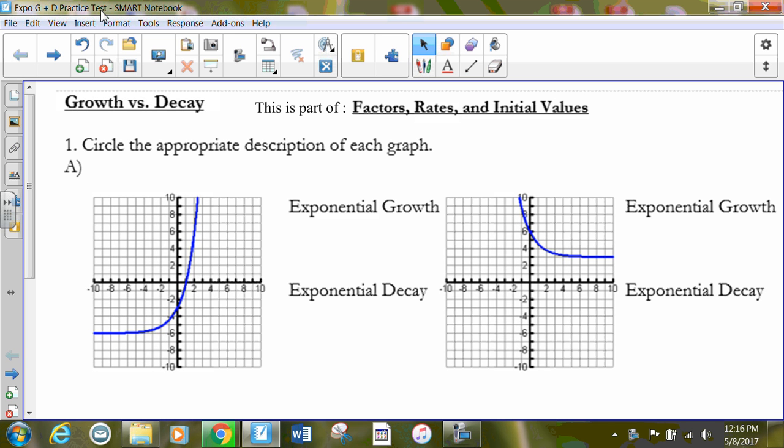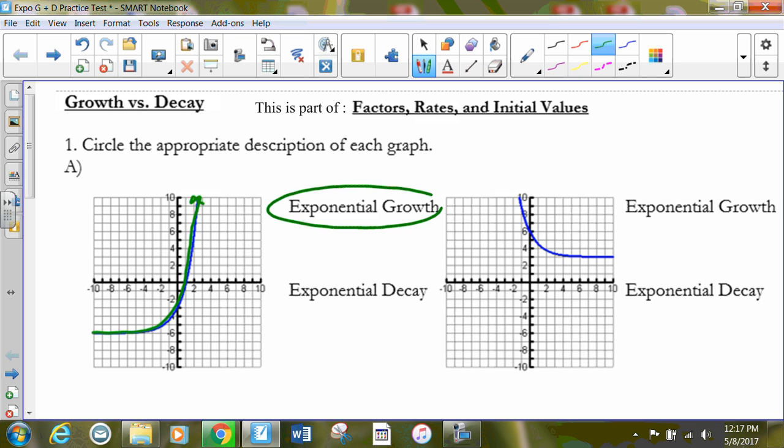Okay, circle the appropriate description of each graph. I'm reading my graph from the left to the right, just like I read the pages in my book, from the left to the right, and I see that it's slow going. It's slowly increasing, and then it takes off. As you can tell, as we move from the left to the right, it is increasing in value, so that's